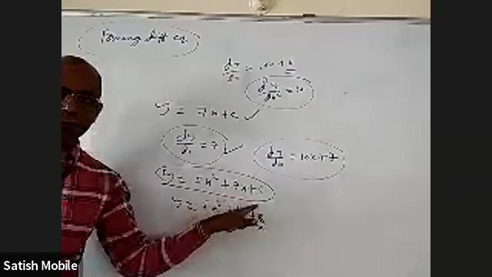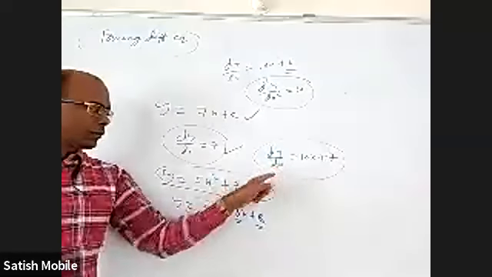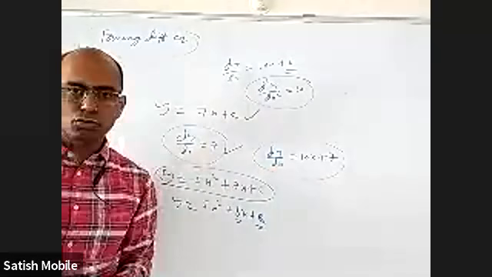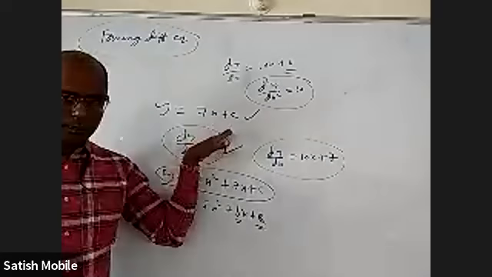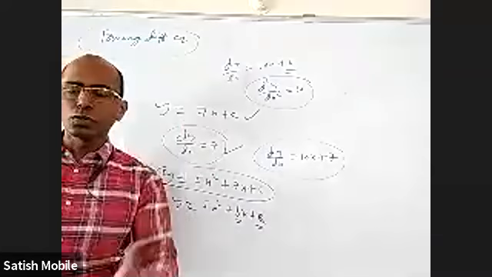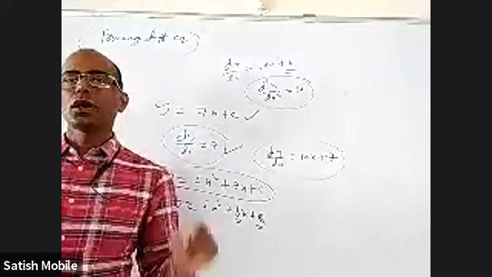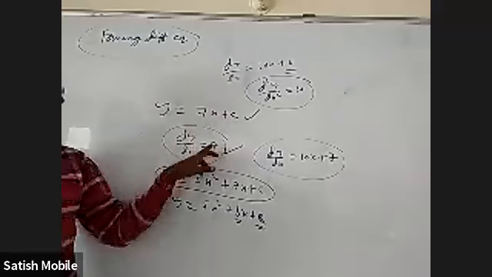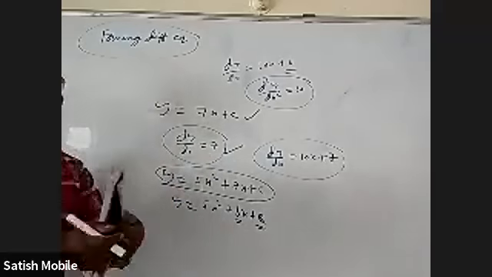Whenever you have to eliminate one variable, you will get a differential equation of first order. But when you have to eliminate two variables, obviously you have to differentiate twice. So one simple blunt rule: they will give you a family of curves equation which will have one, two, three or five variables, it doesn't matter. If it is one variable, you have to differentiate only once, and after that somehow eliminate the constant. Here I could eliminate the constant in just one go, but every time I may not be able to do that.